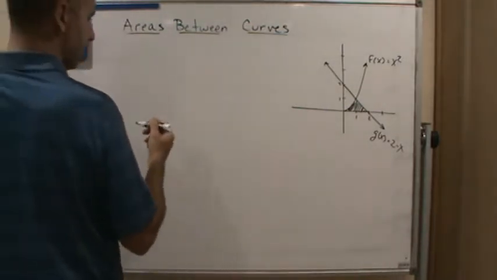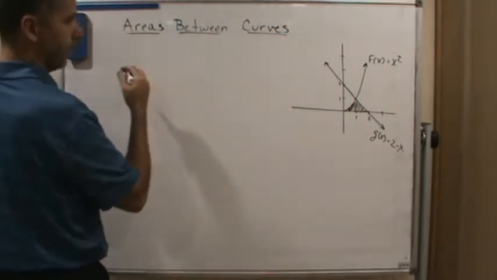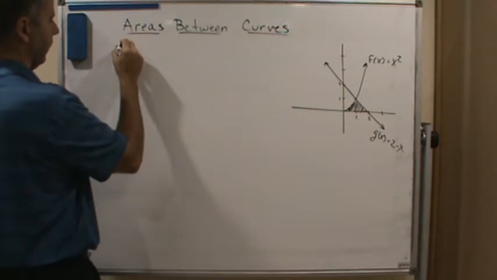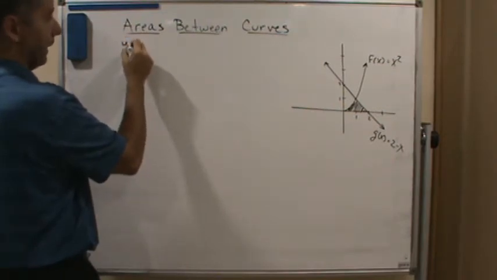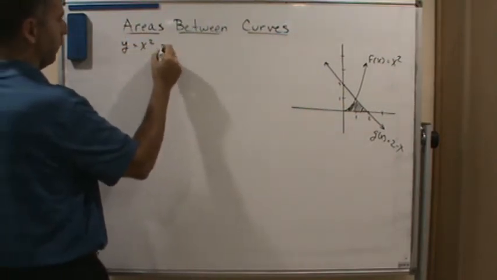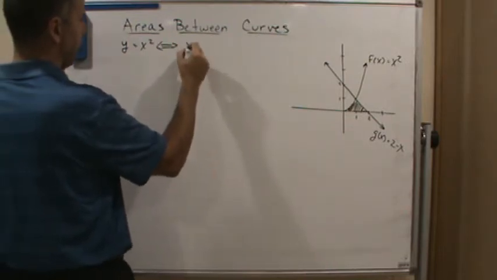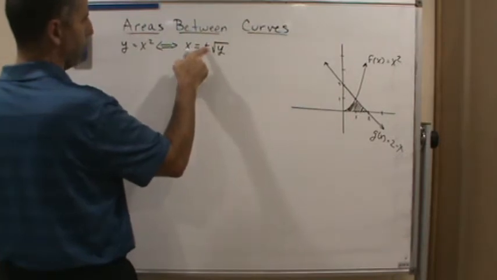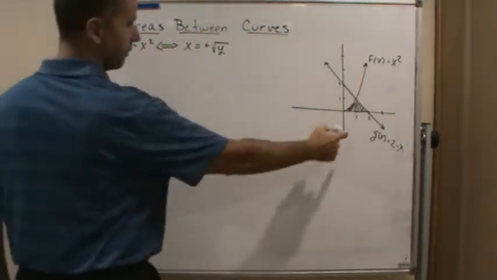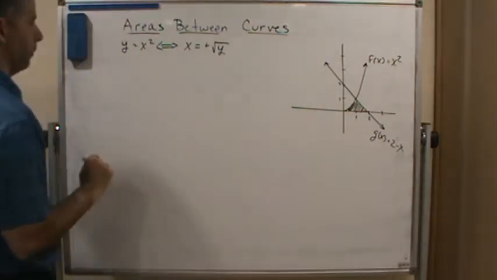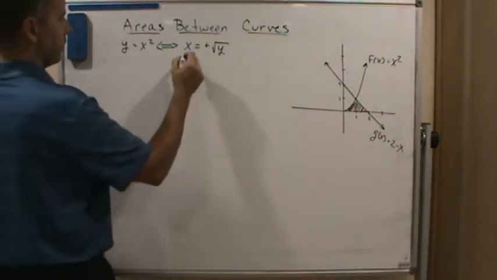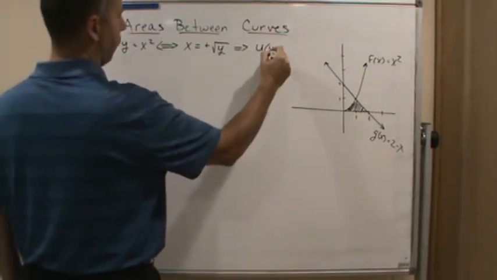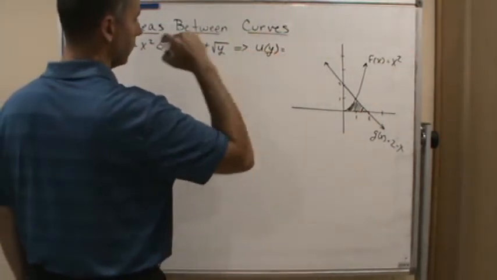So the first thing I'm going to do is rewrite f of x and g of x in terms of u and v, and in terms of y. So I'm going to say, since y equals x squared is equivalent to x equals plus or minus the square root of y. But again, like I said before, we're only interested in the positive value of the parabola. And so this is going to be my u. My u of y equals